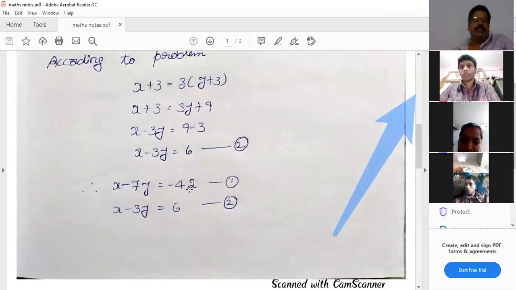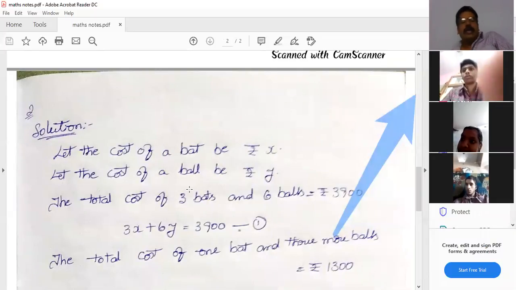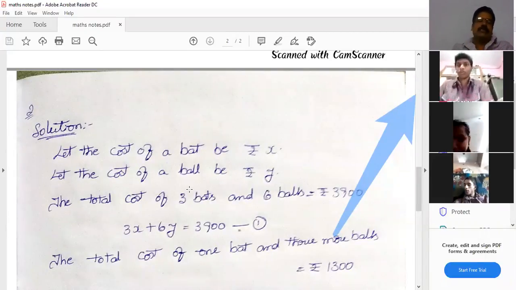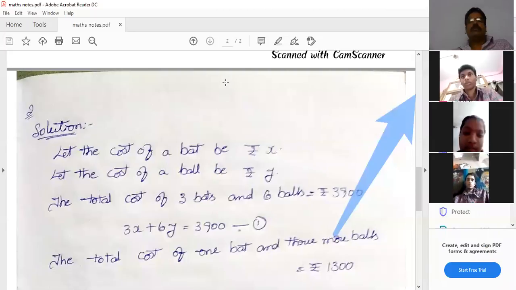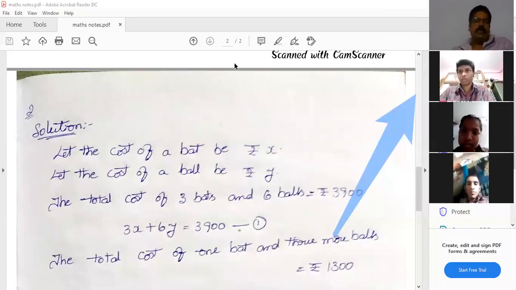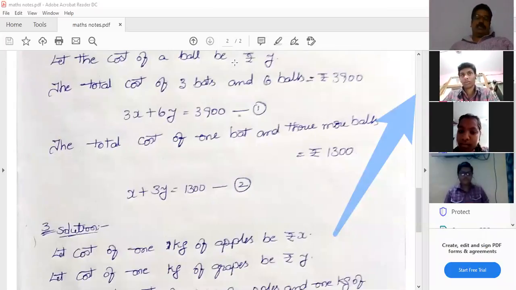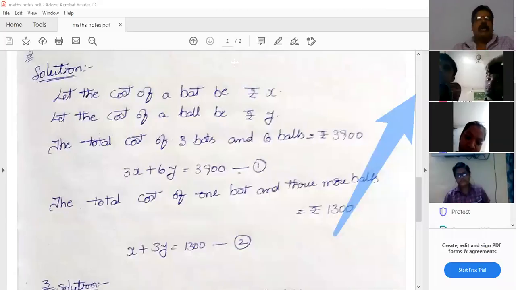Okay. And now the second question is: the cost of 3 bats and 6 balls is 3,900, and the cost of 1 more bat and 3 more balls is 1,300. Prepare a pair of linear equations in two variables. The question is, okay, for that also, here what it means, let the cost of